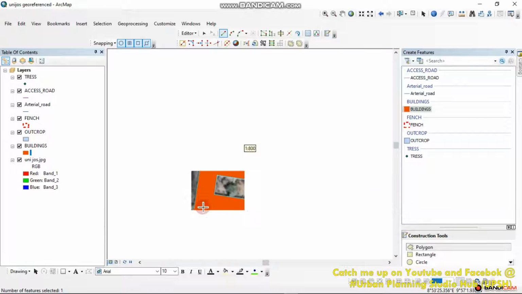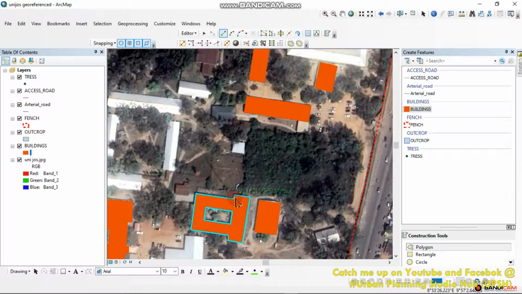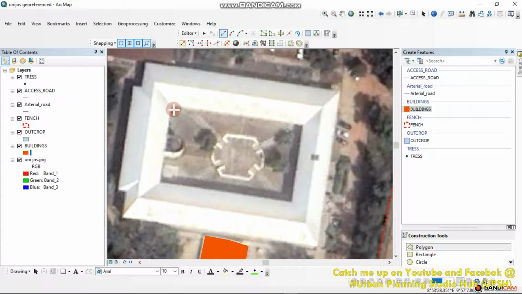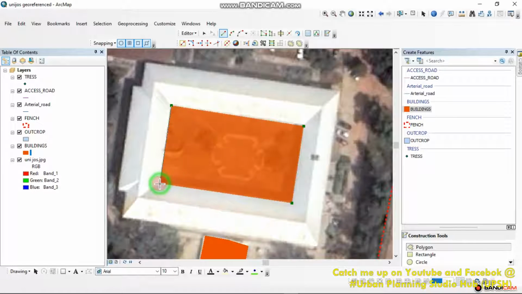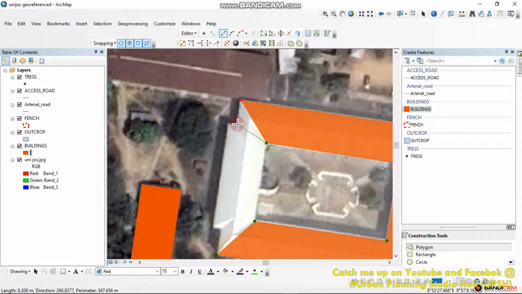Okay, I'll repeat that again so that it will become a complete polygon. You can see it's a complete polygon. Okay, with the difficult part being joined together. So I'll repeat again. Excuse me. You start from here, you click inside, you now click outside, outside,